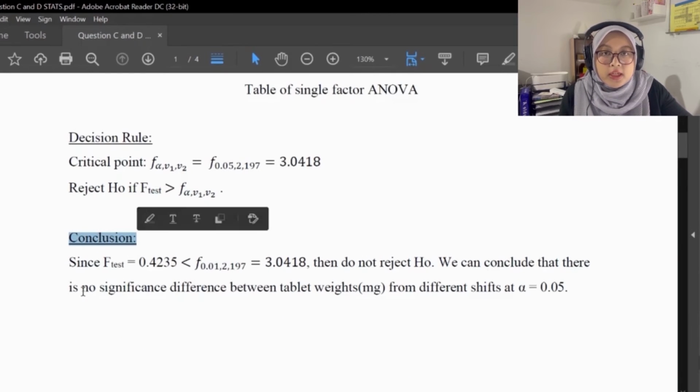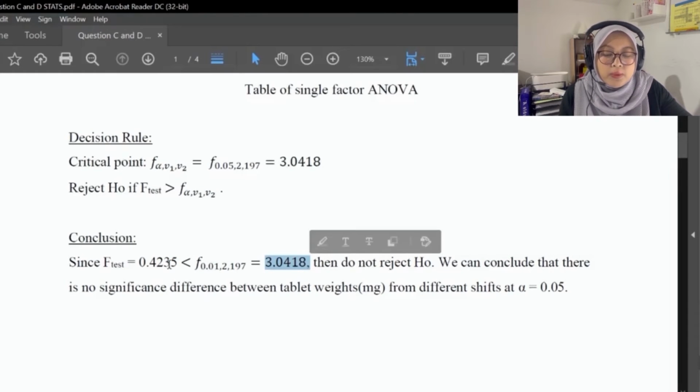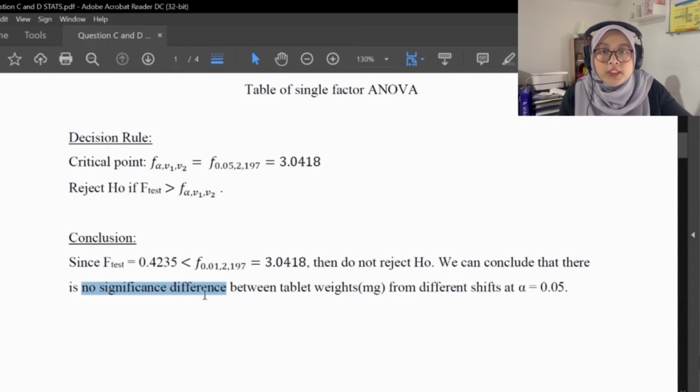The conclusion: since the F-test equals 0.4235, which is much smaller than the critical point of 3.0418, therefore we fail to reject H0. We can conclude that there is no significant difference in tablet weight in mg from different shifts at alpha